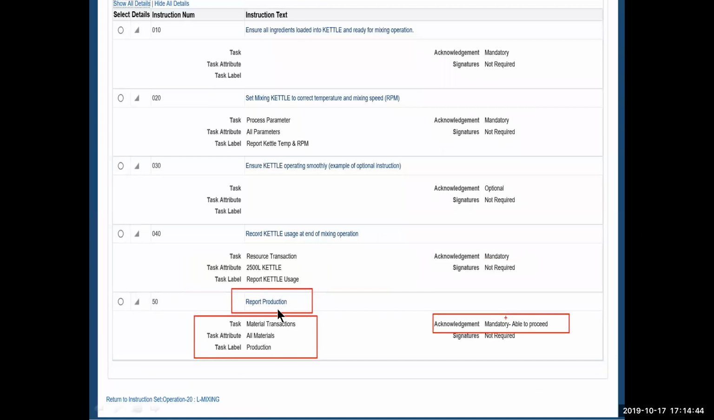And the last step, we're going to report production. We're going to report the production of all materials that we produce from this batch. And then this is mandatory. We're able to proceed. What I'm going to do is stop at this stage,